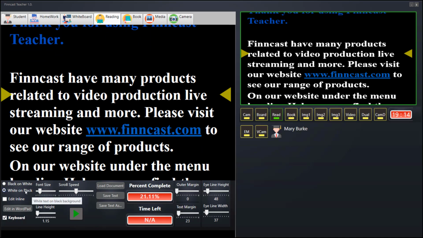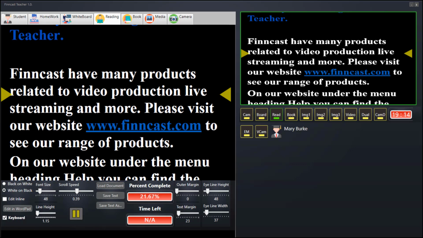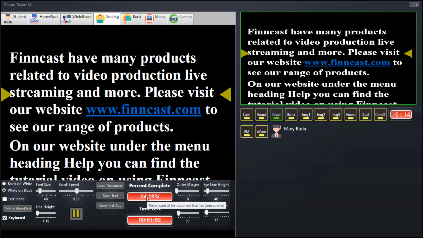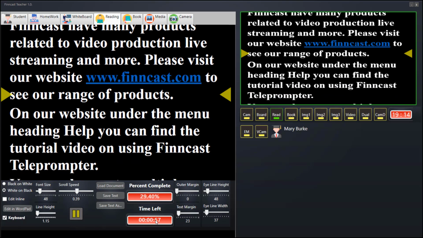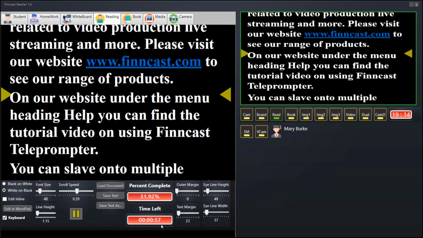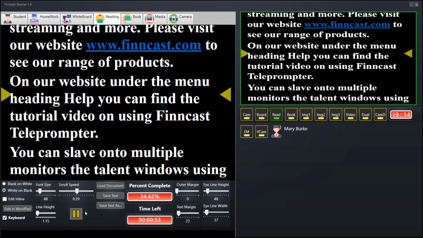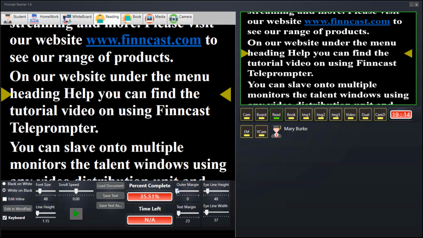It's done with a rich text document. We can change the document by loading the document in question. It will show the remainder percentage of the document that is being read. It will show the time left at the speed that we're now working at. I'll just stop this here. It allows us to